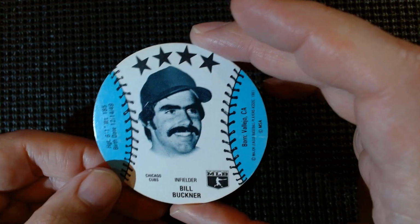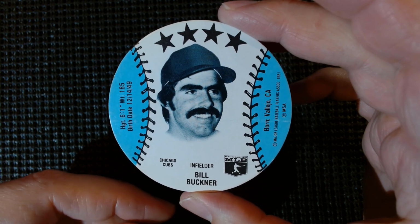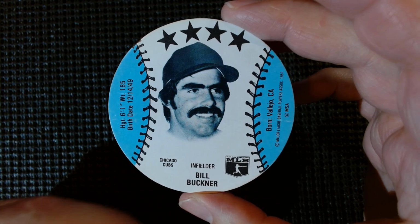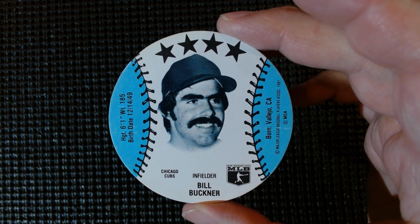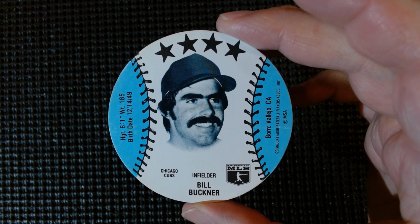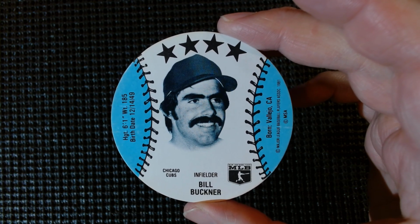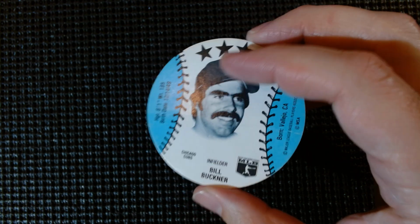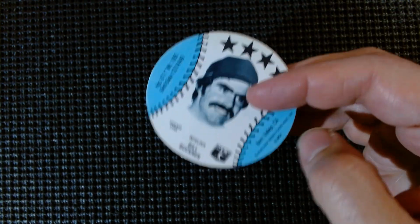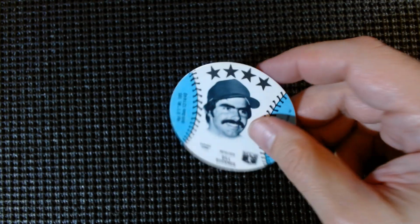So another Chicago Cub there, and if you look at his stats, Bill Buckner really, you could make a case for him in the Hall of Fame. You know, I've got to look past the error. I mean, Boston's gotten over it now. They've had their numerous World Series since then. He's really a solid player, solid stats, and yeah. That is also a blank back. I do have more. I got some Burger Chef stuff still on the little sheet where you can punch them out,